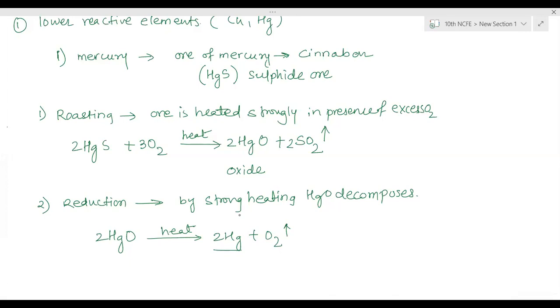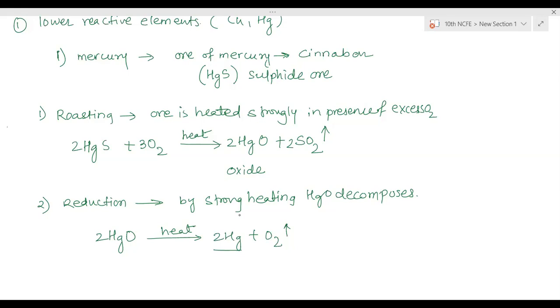The refining has been done after this. So the extraction process, we will get 80 to 90 or 95% pure metals by this process. Pure, 100% pure metal we cannot get by the extraction process. There are still some impurities left out. So that's the reason we follow the third step, that is the refining process.